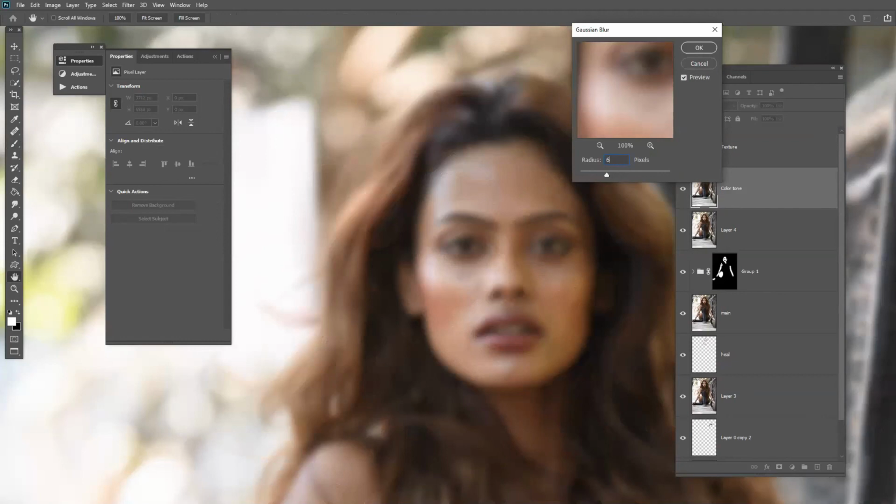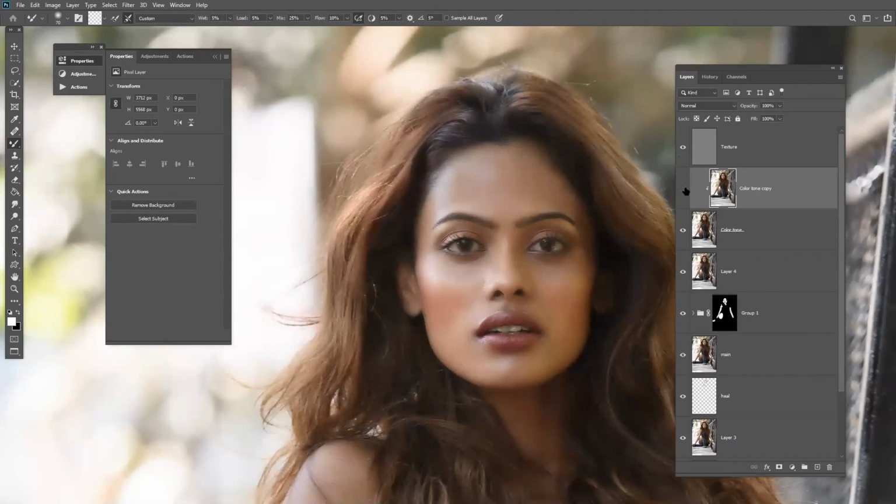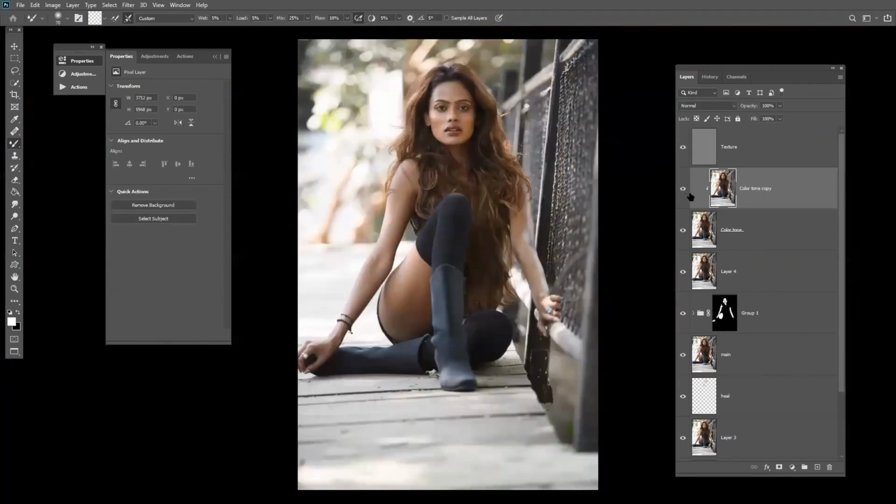If you want a quick retouching, and try to merge the colors. Can you see now?